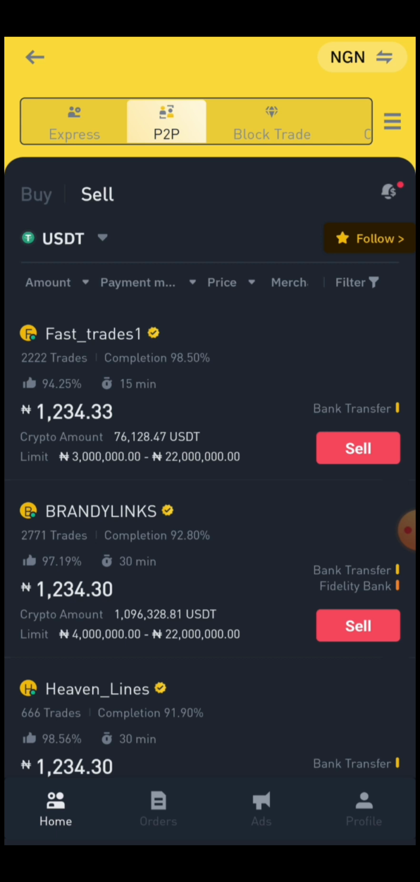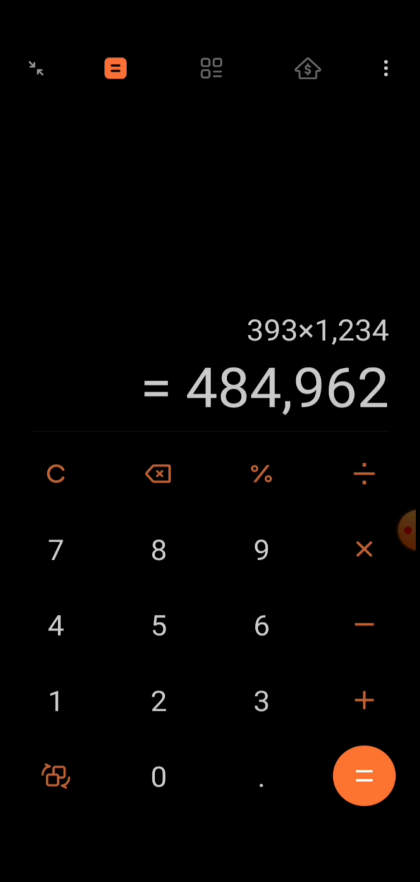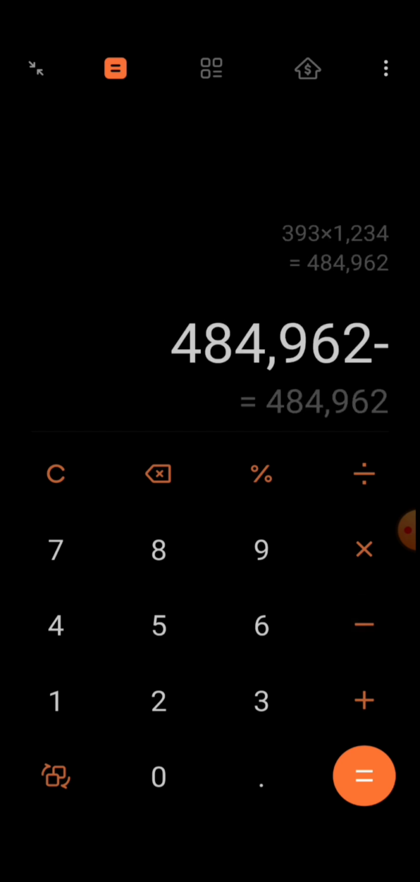So now let's see the amount of profit we've made from this transaction, right? So what we got was 393 USDT with our bank card, right? So 393 USDT times the current price of USDT in the P2P on Binance. That is 1,234 Nigerian Naira, right? So approximately we got a total of 484,962 Naira, right? So we're going to minus this with our initial capital, which is this amount right here,